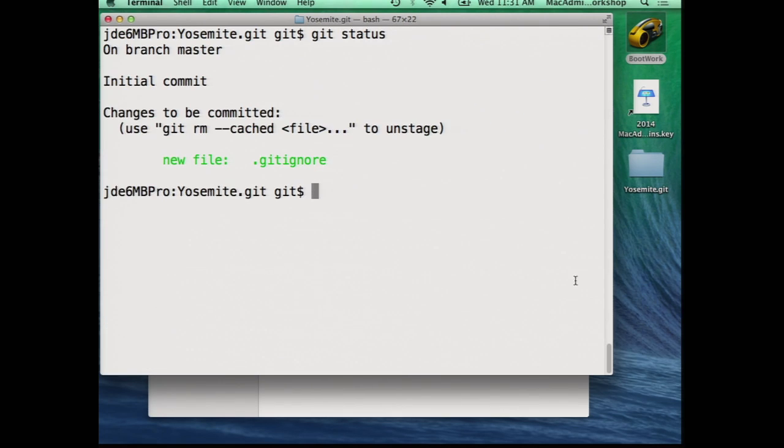Now it says, oh, okay, you're on the branch master. Yep, initial commit. It knows nothing's been committed. And now it says, hey, there's a new file to be committed, not yet. And if you accidentally added it, that's where the command comes in to say git rm --cached file. All right, so I'm going to say git commit -m,